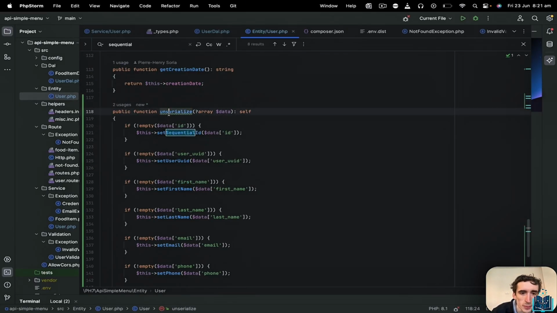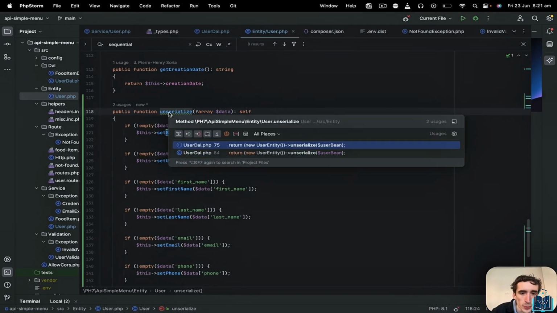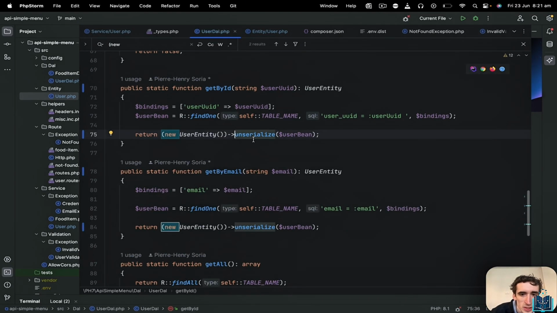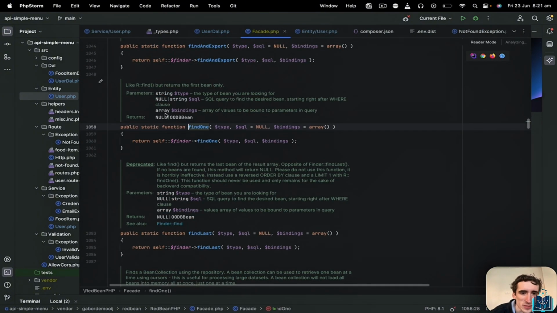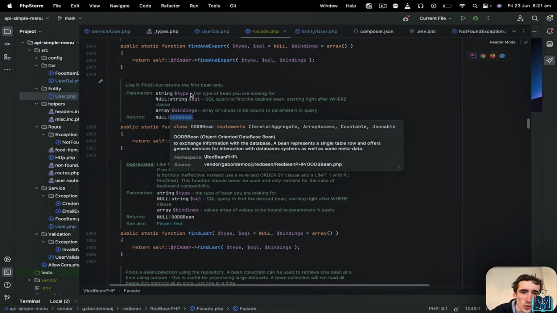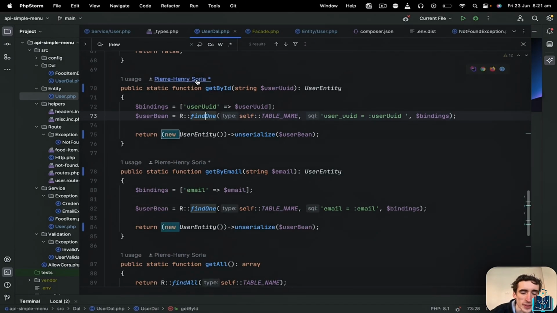Oh yeah, that was the same for the typo, which is not a typo. So actually, it returns an array. It doesn't exactly. You see, it's an OODBBean. So indeed, because we didn't use export, we removed export, and that's our problem. And this is why we have this. So we have to do